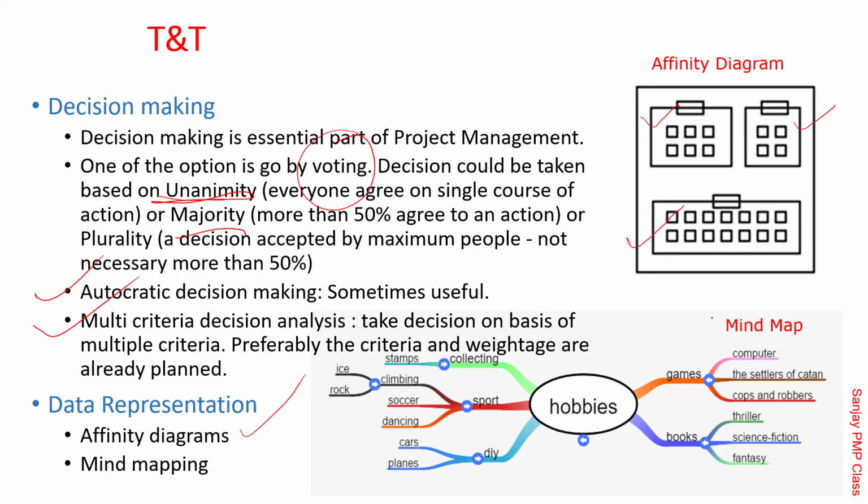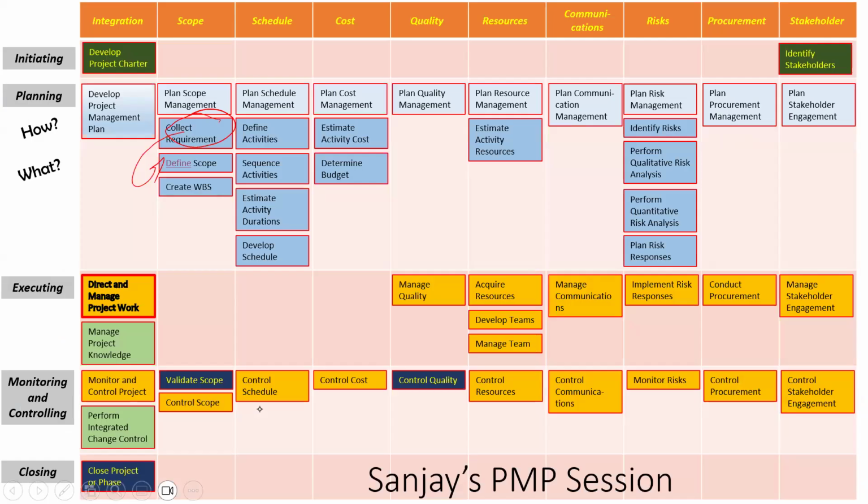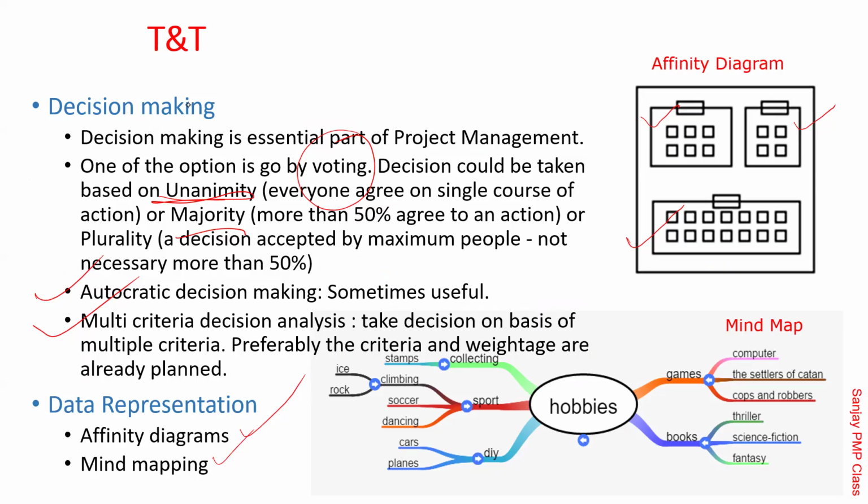On the other hand, mind maps are also sometimes used. Remember, all this you are doing to collect requirements. You should never forget where we are. We are here in collect requirements right now. So in collect requirements, a mind map will be used like this: for example, the new version of the product is the center of it. Let's say I'm going to plan a new training, and I want to develop that. Let's say I want to give training to the staff in Primavera. That's a new tool. So Primavera training is what I want to do.